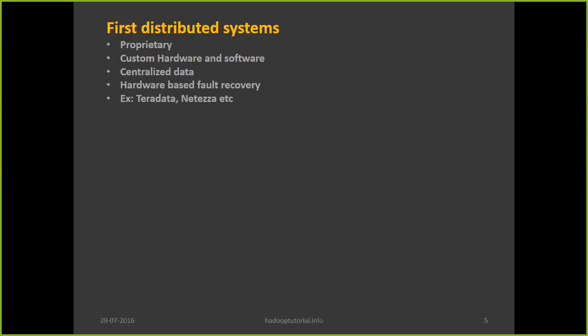When you can't store and process the data on one single machine or server, they maintained distributed processing. The first distributed systems that came into the IT industry were RDBMSs like Teradata and Netezza. Teradata can process up to terabytes of information, and Netezza is also from IBM,